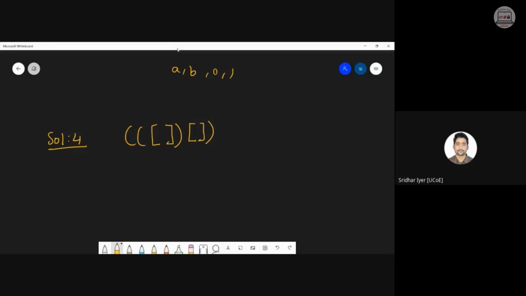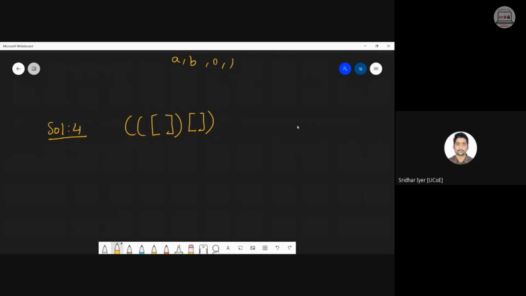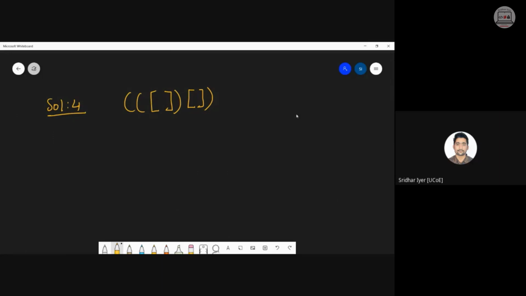Pushing is very simple, whatever comes, push it. Popping is useful. Popping is critical. How will you do it, think. Take 2 minutes of your time, not more than that. Stack has to be empty, but there has to be a logic, na. Otherwise, whatever you pushed, it will pop everything. There has to be a logic.